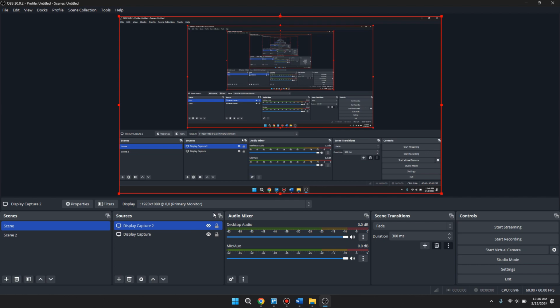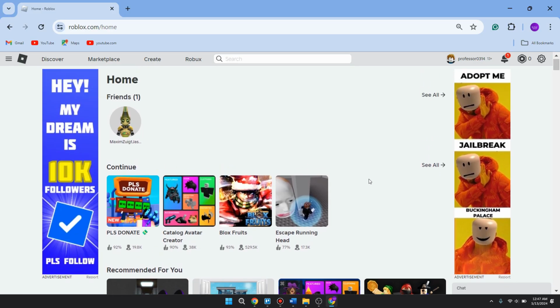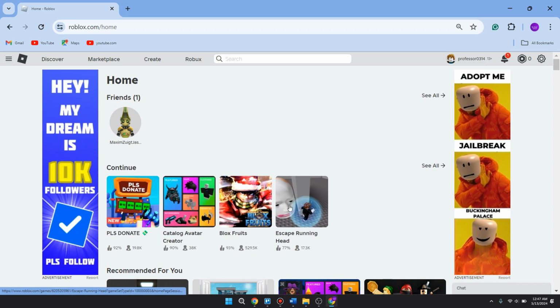Now we're ready to start recording. So come into Roblox, find a game you want to play and start recording with your hotkey which you just set. So that's basically how you can record Roblox with